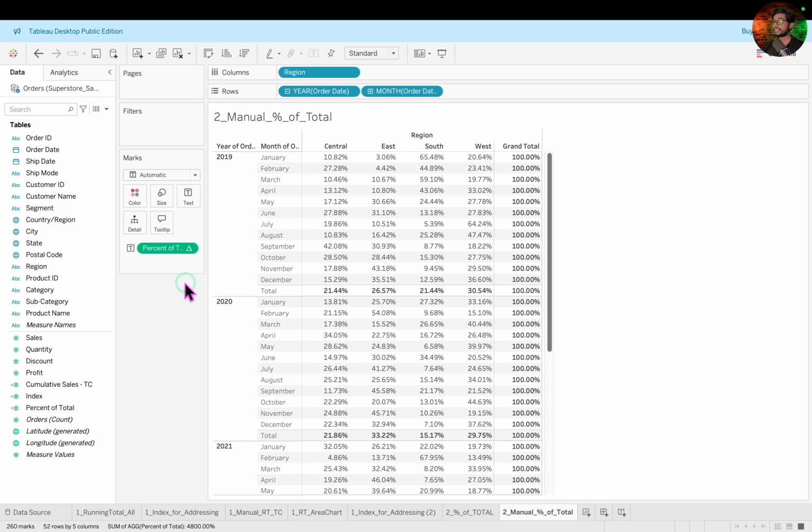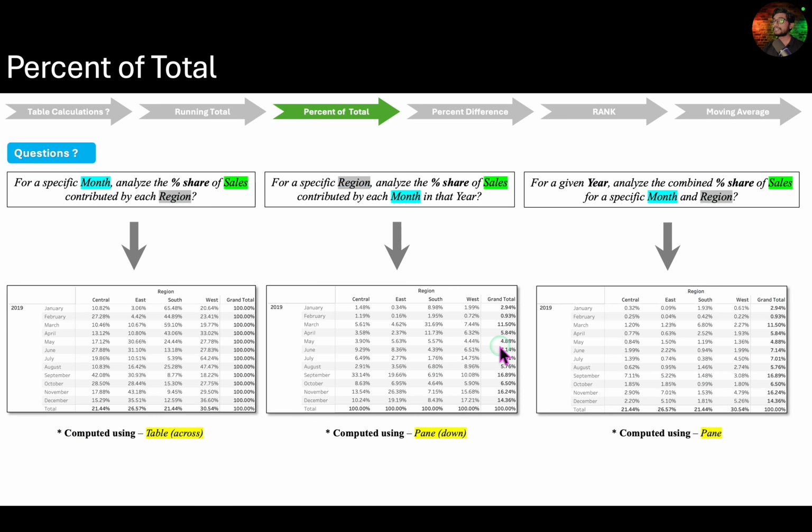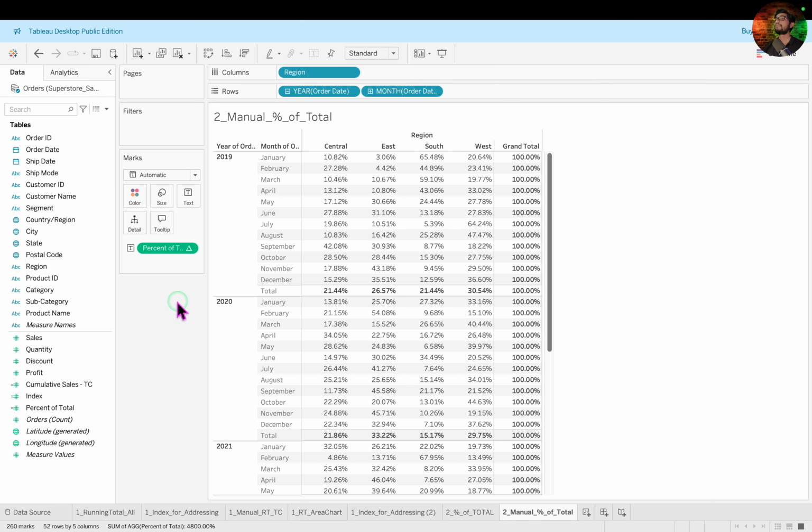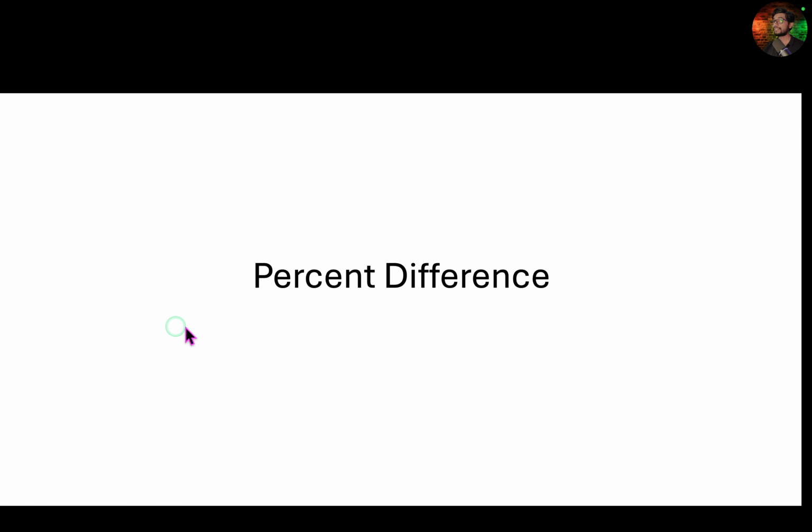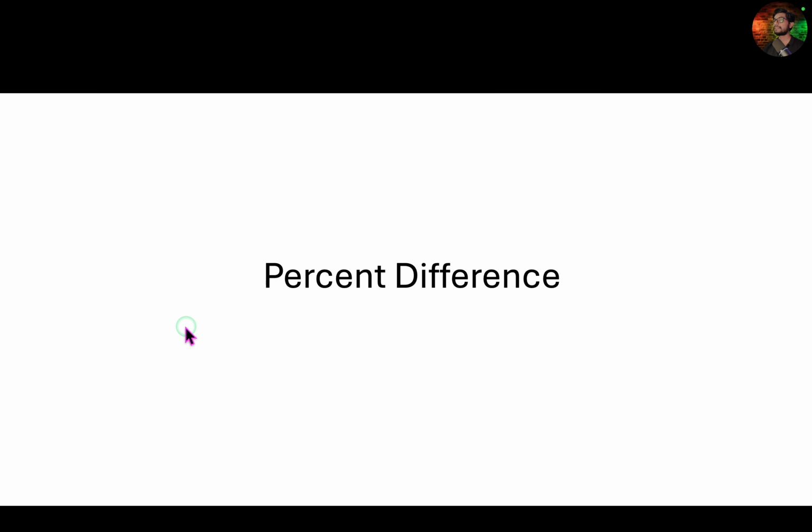So take your time to experiment and try to recreate these same tables that we created before using quick table calculation. Alright, with that, we have covered all the details of the percent of total table calculation using 3 interesting and insightful business problems. Now let's move on to the next exciting table calculation, percent difference, and explore all its aspects